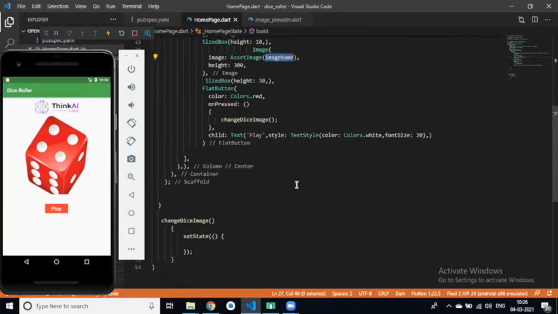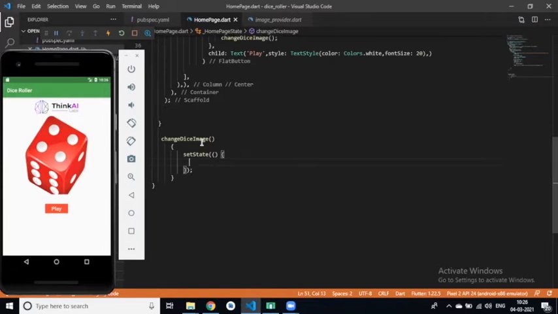Yes, Roshan. So when the user clicks on this button, our image will be changed. So imageName is equal to, now our image name is assets/dice2.png.